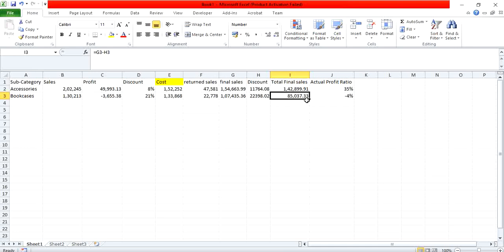Now, if you see the cost of this 85,000, so 85,000 minus actual profit, yeah, minus this profit, if you do this minus this, this is your actual cost. But then,